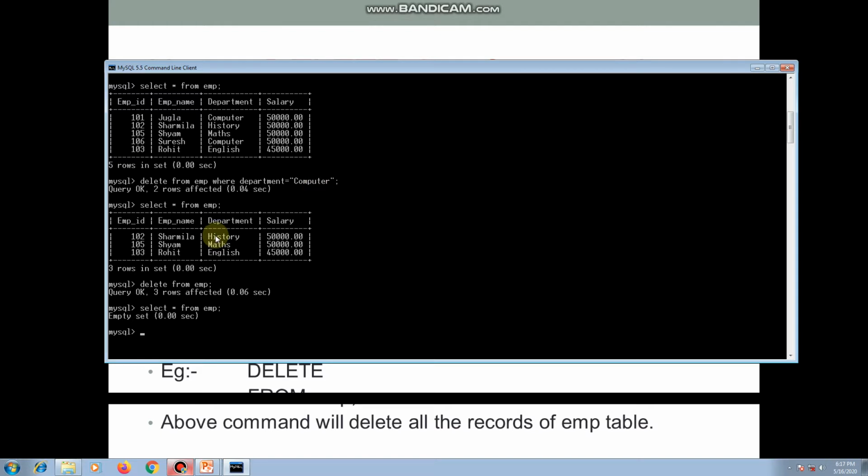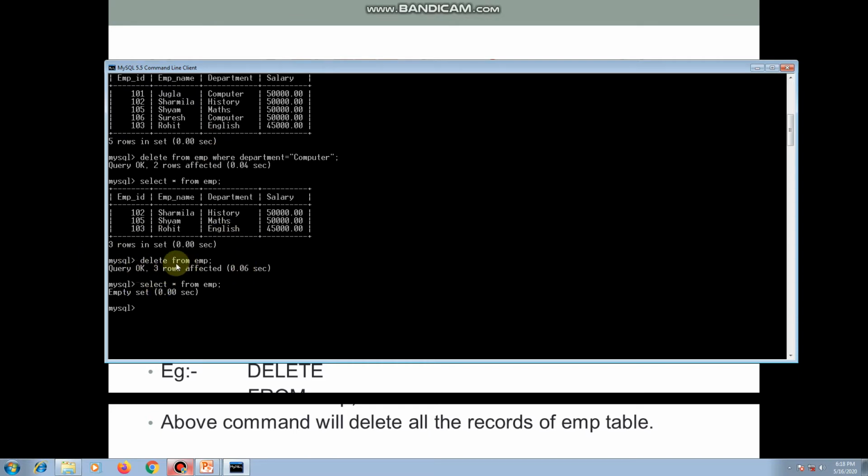So only records having department computer are deleted, and all other records are retained. But in the third case, where the where condition is removed, for example here I am using delete from emp and no where condition is here, therefore this command deletes all the records of your table.